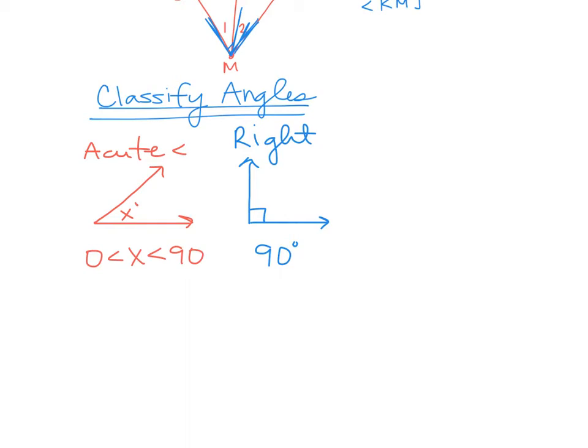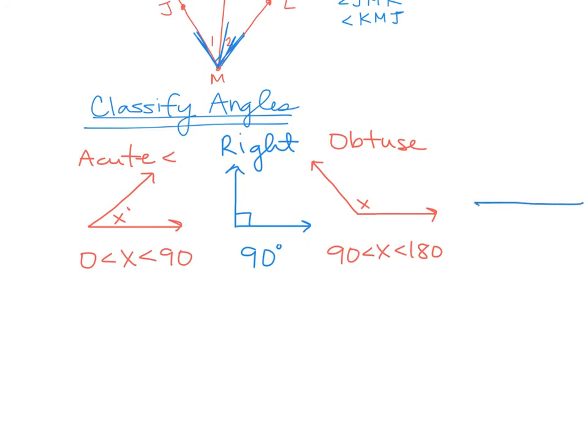How about this guy? Yasmin. This is obtuse. And what do you know about an obtuse angle? More than 90, less than 180. So this is going to be between 90 and 180 degrees. Okay. And then the last one